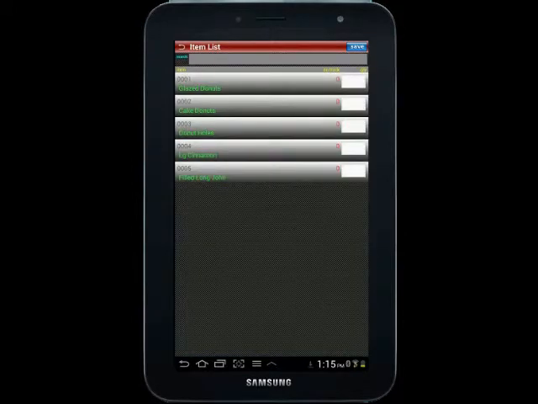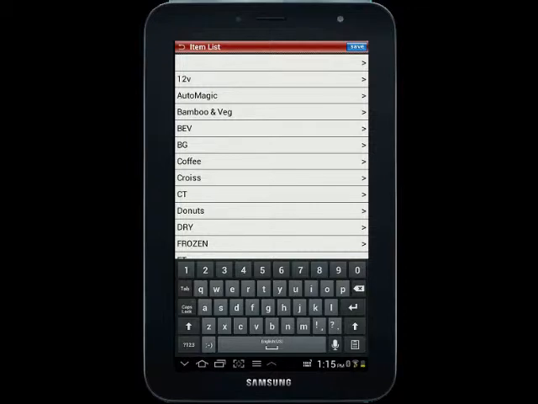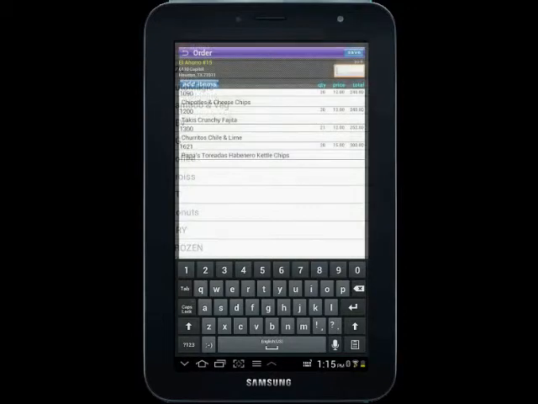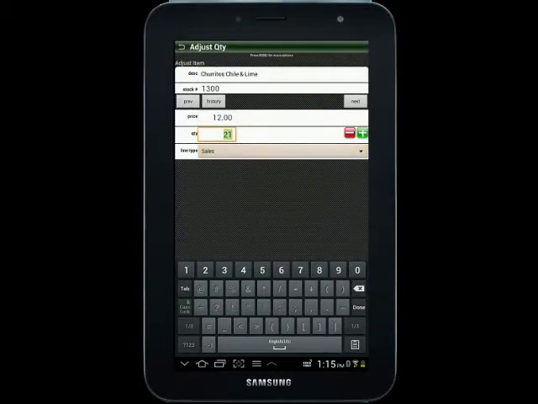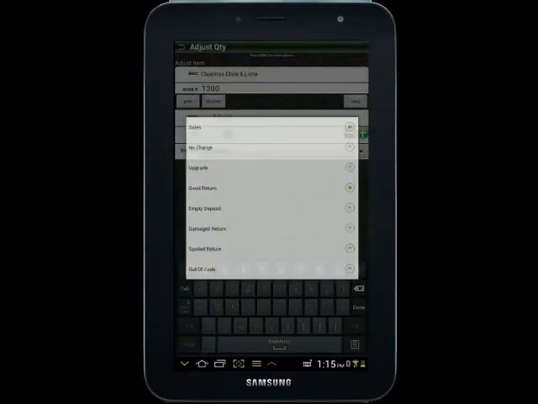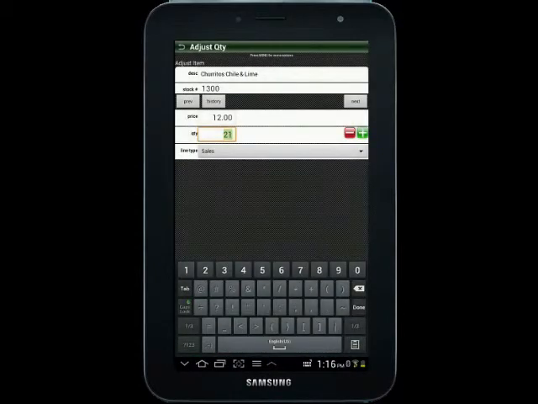Once you find the item you wish to add, enter a quantity in the field and then hit Save. If you wish to credit the customer, click on the item from the main invoice and then select the line type field to select the type of return you are doing. You do not have to make the item a negative quantity to make a credit, but instead select the proper line type. While working in the Adjust Quantity screen, you can toggle back and forth between items in this screen